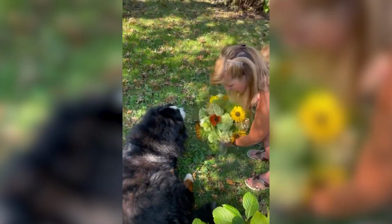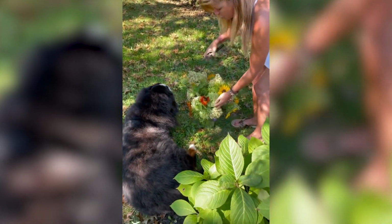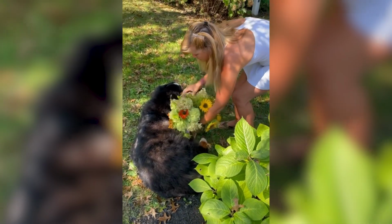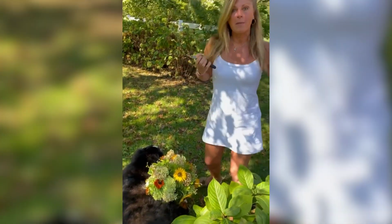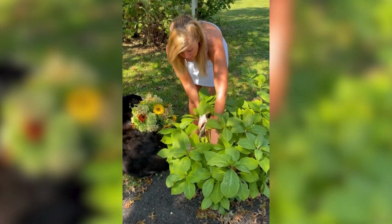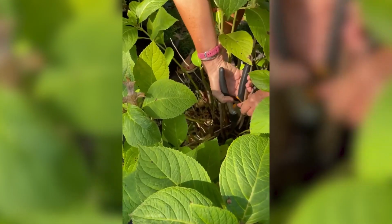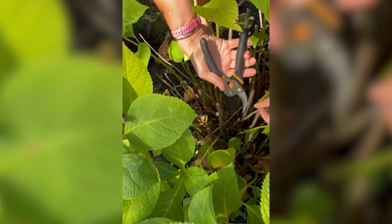But the rest of your flowers, at this point, one of my number one tips is, I'm going to lean this against Lucy, sorry. One of my number one tips is don't prune back your hydrangeas in fall, because you might wind up cutting off next year's flowers. But you can come in here, and what you could do is cut off some of those dead stalks that are in here. So any kind of stems that are in here that are white,